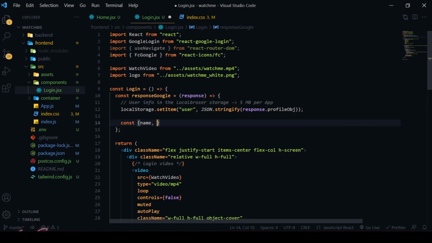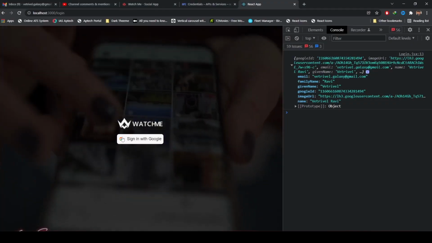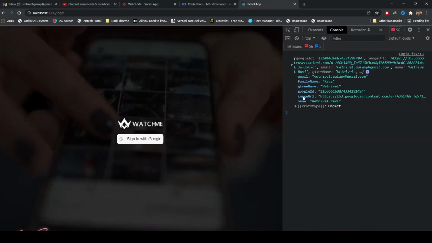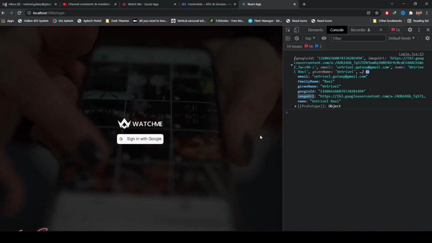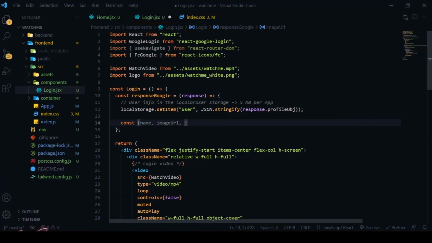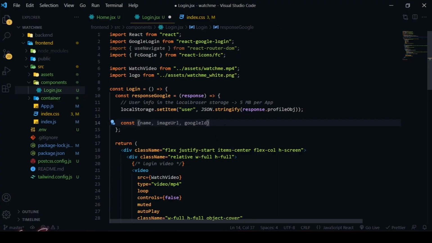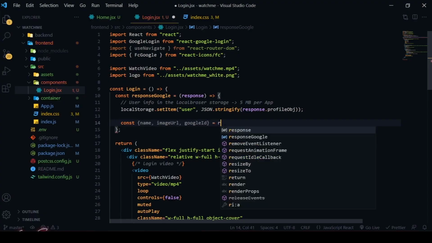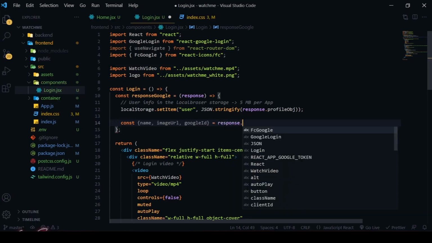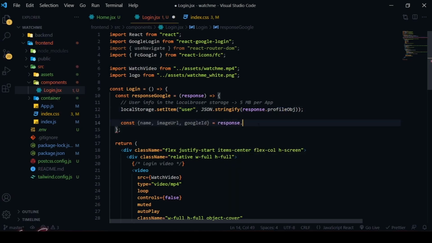I need the name from that. So make sure that it's perfect, and then copy this image URL, paste it, and we need Google ID. So we don't need to misspell it. So Google ID, from where we are going to destructure it from profile obj, and we are storing in these